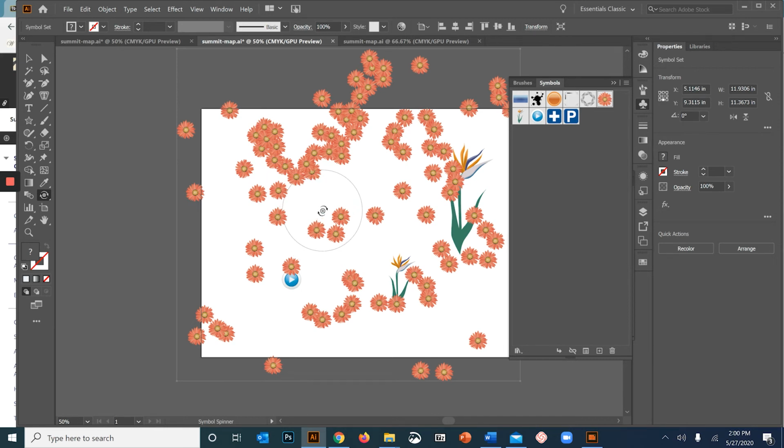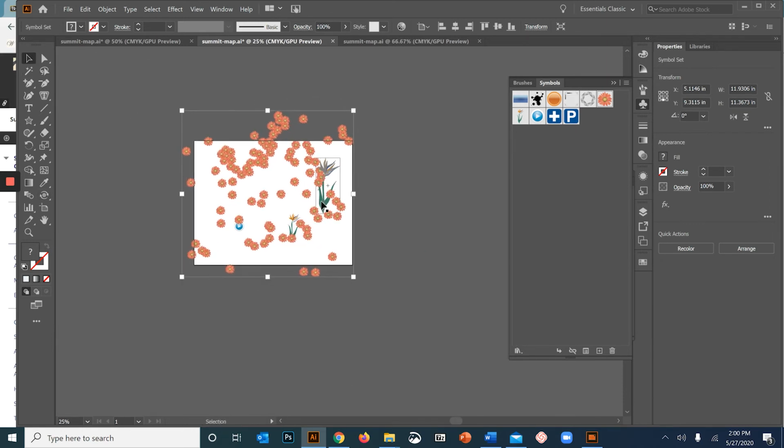So have fun with that. And like I said, if you've made brushes and made things, turn them into symbols and spray them all over the screen. Okay, so one of the easiest things that's going to help you for the rest of your career